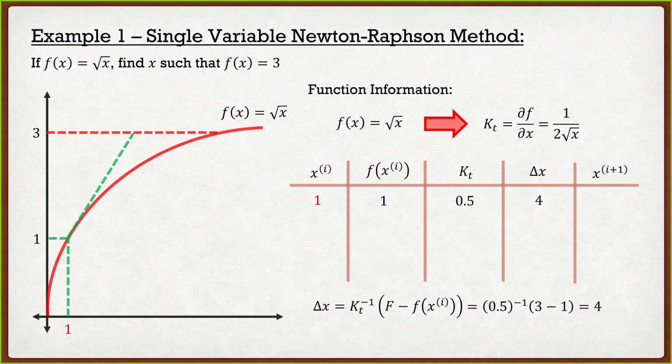What does this mean on the graph? Well, this means that we've moved now a distance of 4. So our new displacement, or our new initial guess, it's going to be 5. So we went from 1 millimeter of displacement, now we're at 5 millimeters of displacement. Now my question for you guys is, at this 5 millimeters of displacement, have we achieved our load of 3? What do you guys think? Have we achieved our load of 3 at 5 millimeters of displacement?